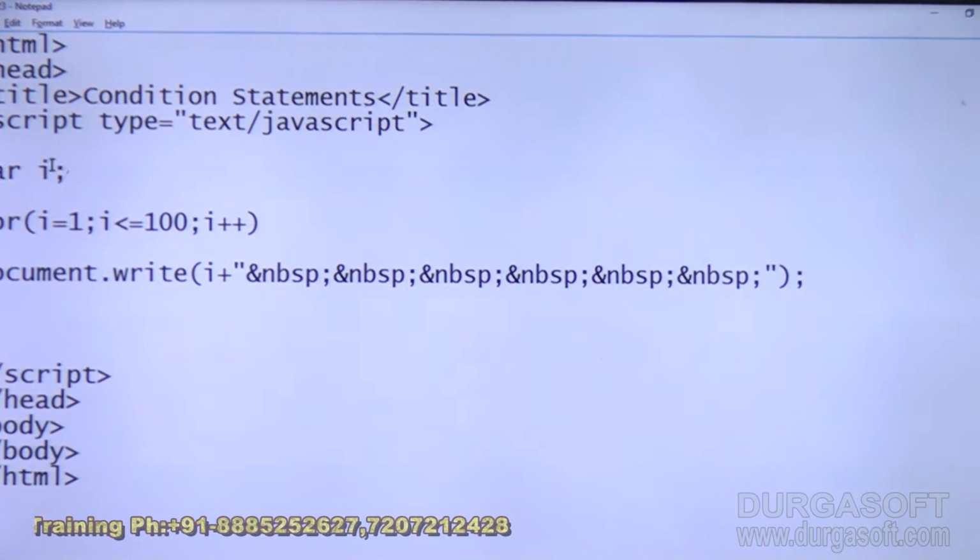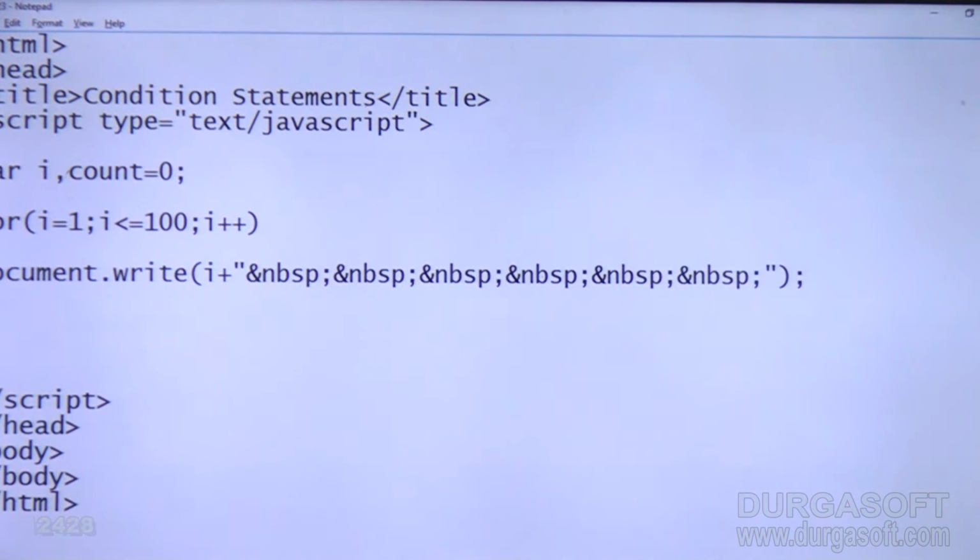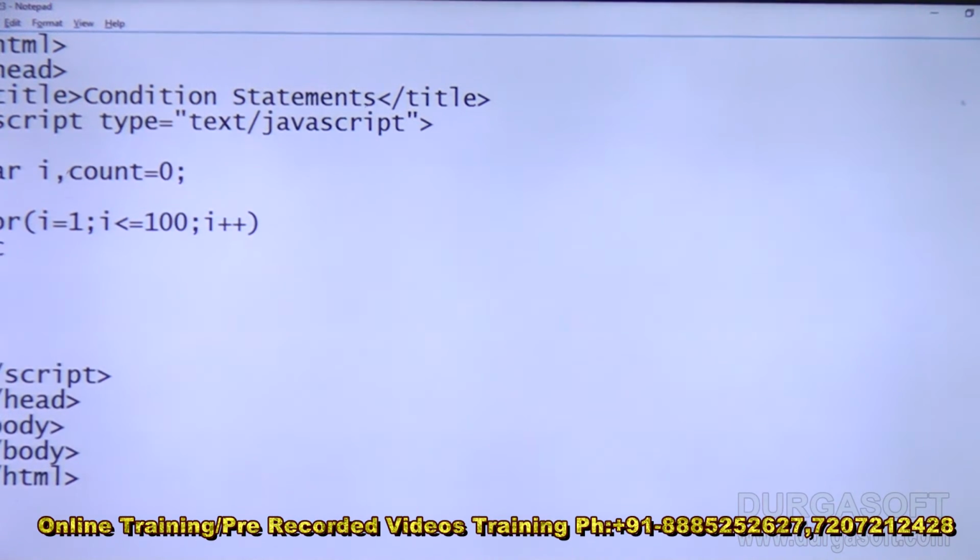In order to do that, we need to take one more variable called count. The starting value of the count I am taking as 0. That means initially the count is 0, before starting the loop the count value is 0. One i value is printed. That means first time one value it will print. After printing one value,